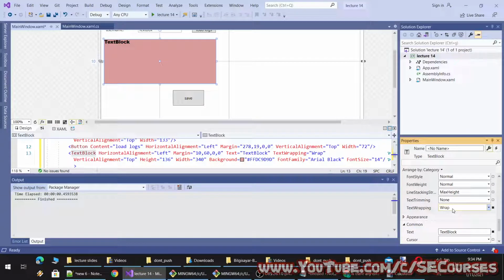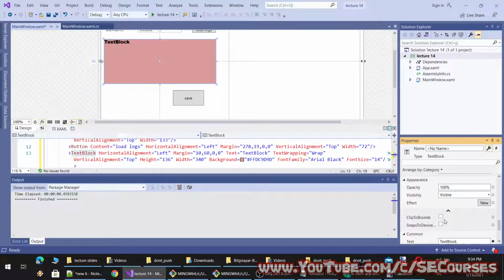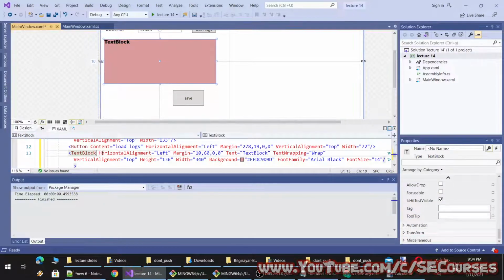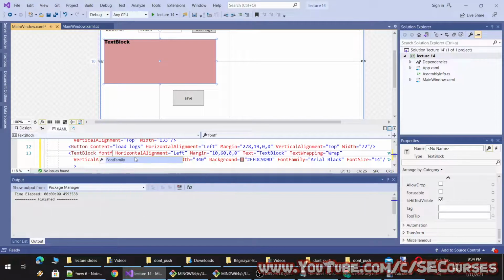And all right, text wrap, visible. All right, and let's change the font color.